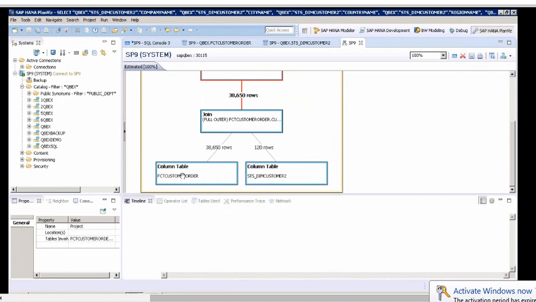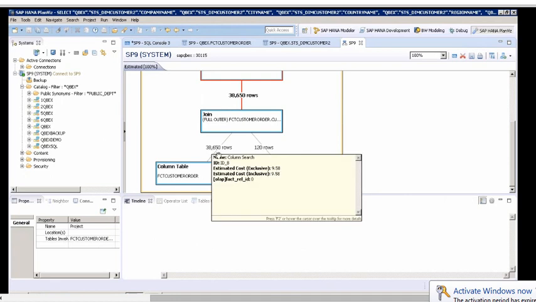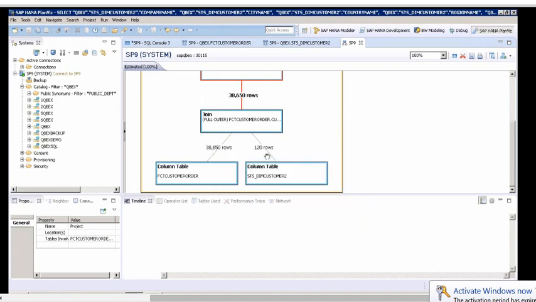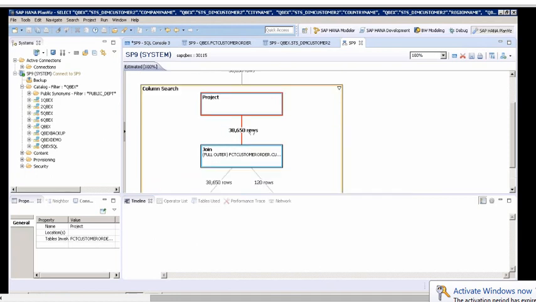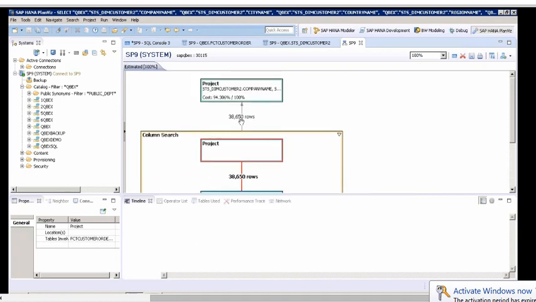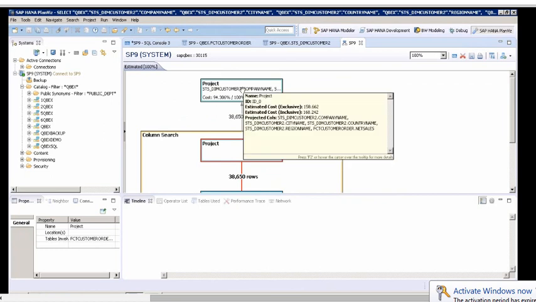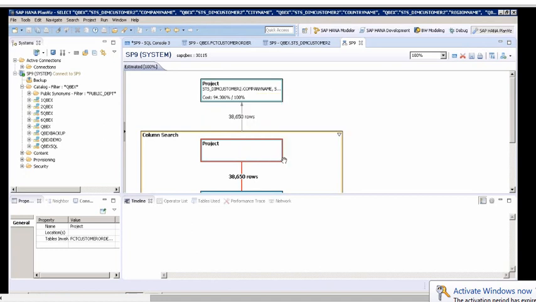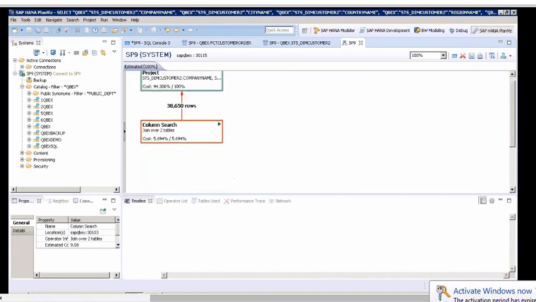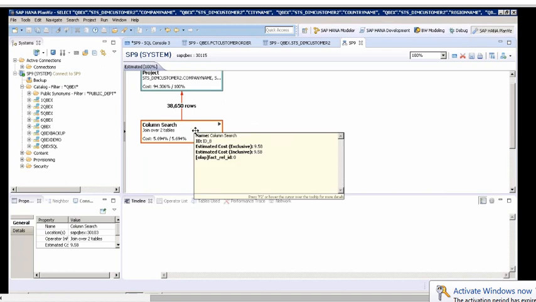How it is showing you, saying it is reading from table 1. How many records? 38,650. And it is reading from table 2. It is reading 120 records. Then the join is performed. Then it is resulting in 38,650. Then those 38,650 records are being projected out. You can see this is the execution path of the select statement you have, and what you can do is you can also find the run times at each phase of it.